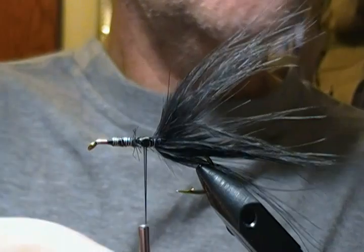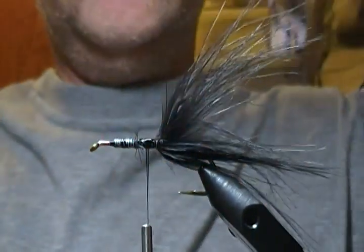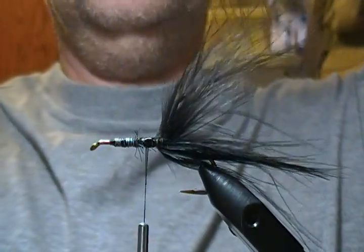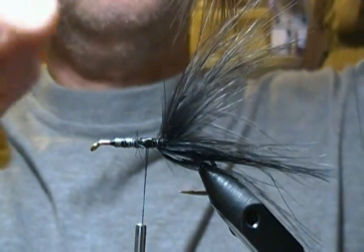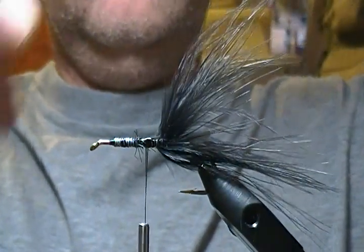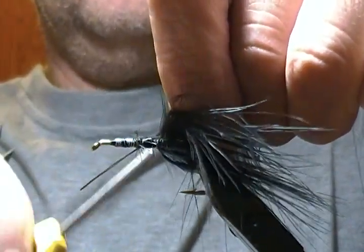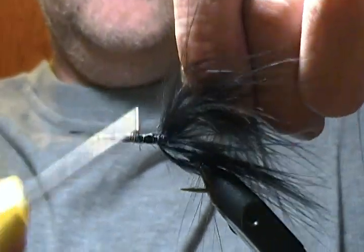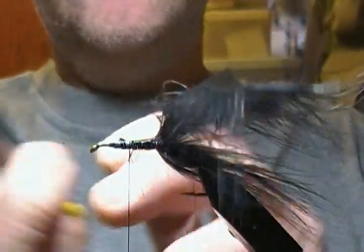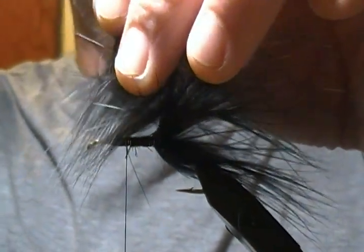Now we'll grab our second feather here, tie that in the same way, grab a hold of the tip here, gonna wet that down, and we'll tie that in right in front of the last one here, wrap forward on it here, snip off the excess. Once again, I'll grab that with my hackle pliers,